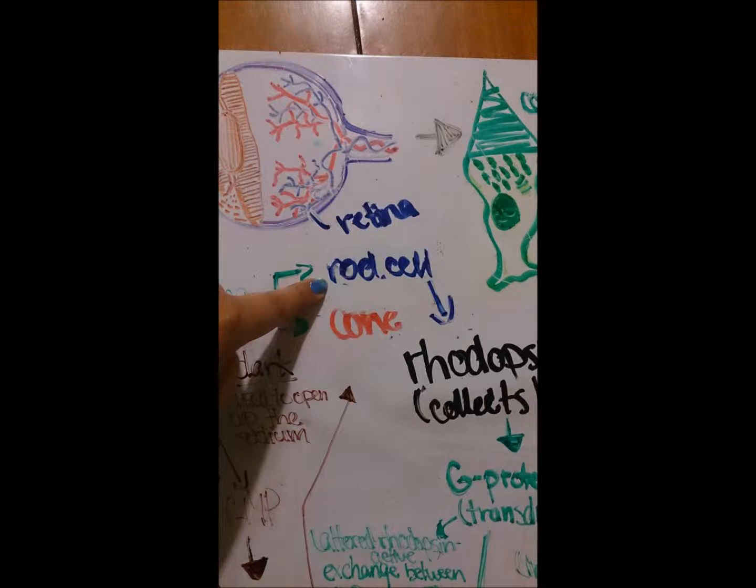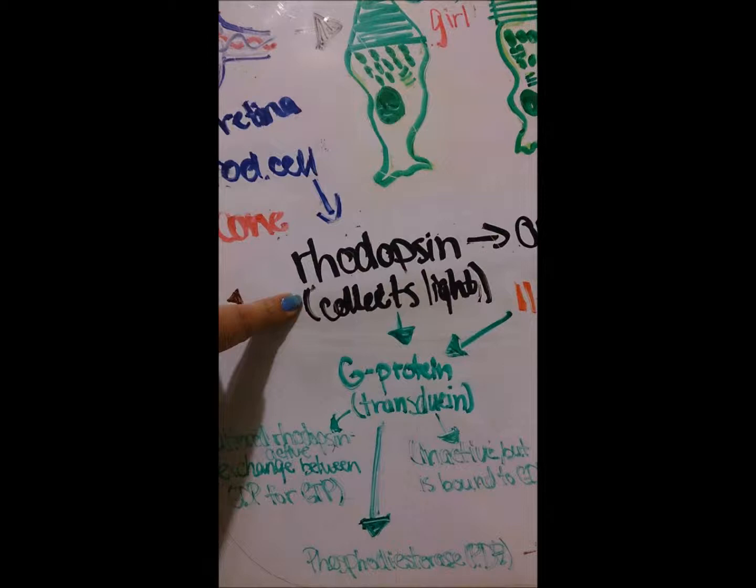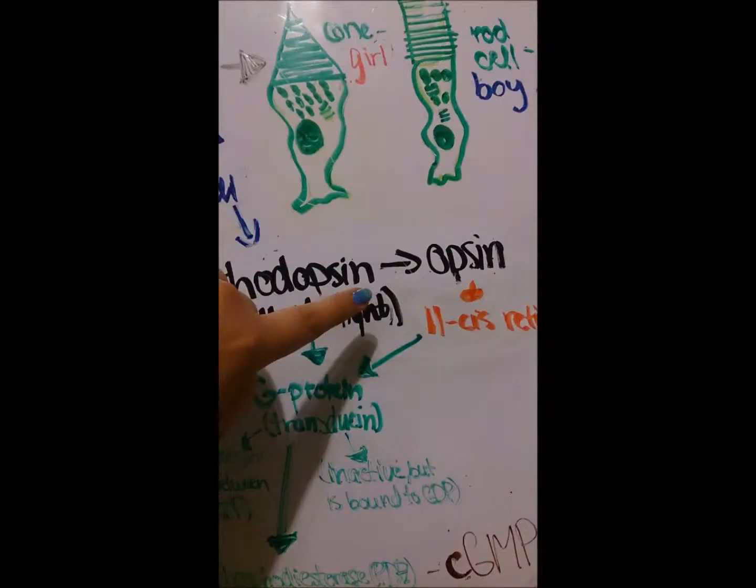Rhodopsin collects the light after, and opsin, a protein molecule, is what takes some of the light and forms it into 11-cis retinal, which is a photopigment that absorbs light. No changes occur, and rhodopsin causes drama that goes from one person, the G protein or transducin, his secret name,